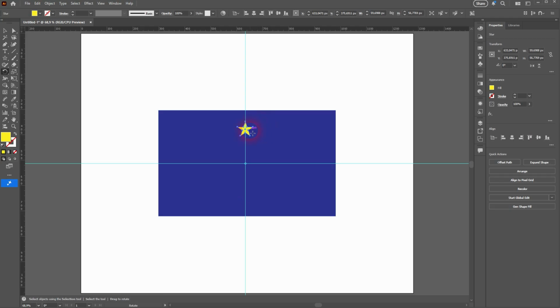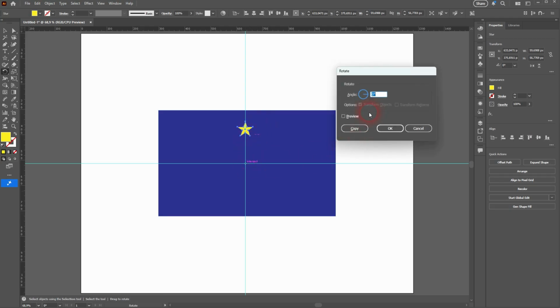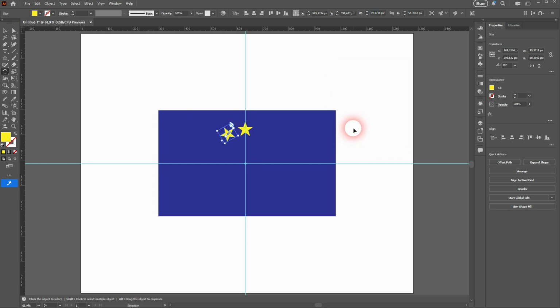We'll start at this position and then I hold Alt and left click on this rotation center. By the way, the rotate tool is still active and we need 12 stars. The circle has 360 degrees, therefore 30 is what we need. And I just copy. But you can see our star was a little bit too big, so press Ctrl Z,